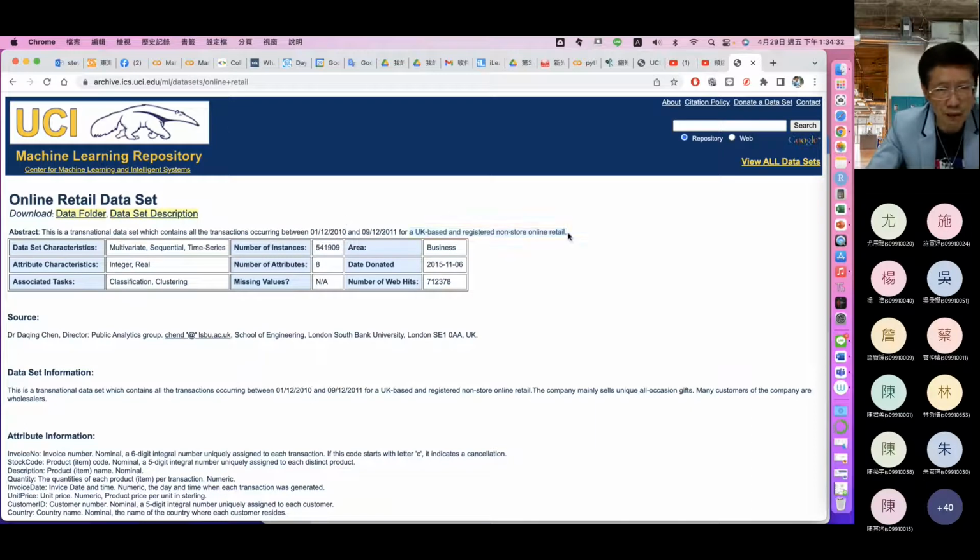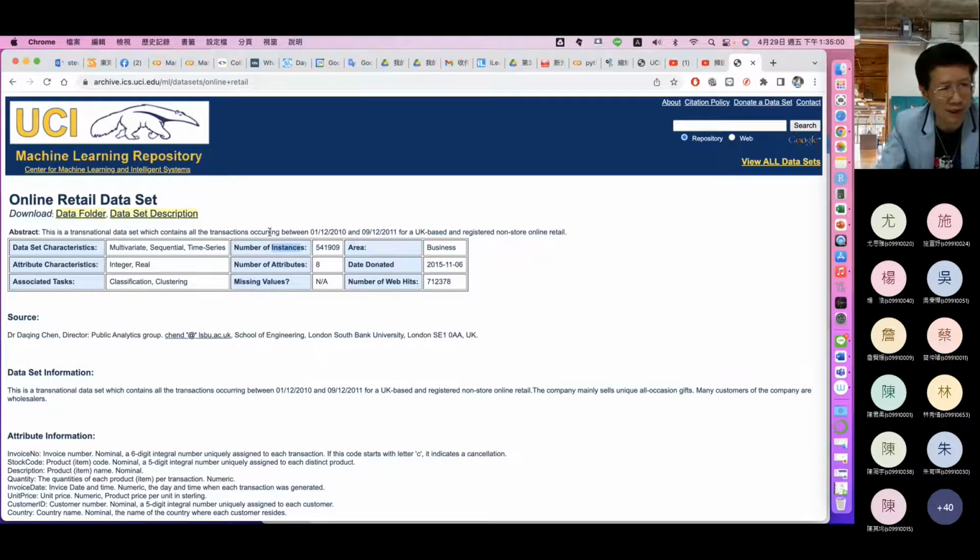So you have to know the description and the abstract for the data we have to analyze. 所以说你要先了解这个资料。它是一个1年的一个交易的资料 OK 在 UK 在 United Kingdom 在英国 So basically how many instances, how many transactions for this online retail,